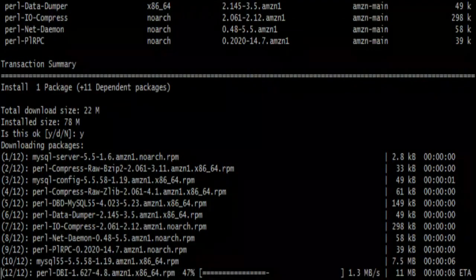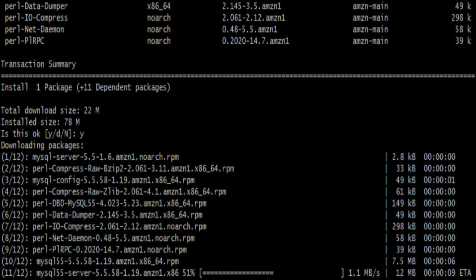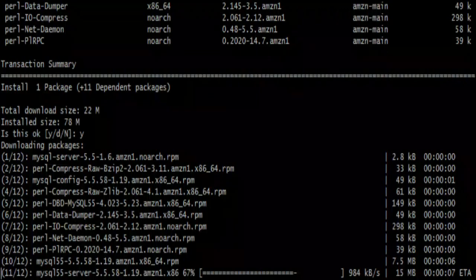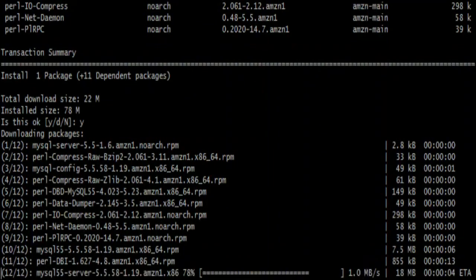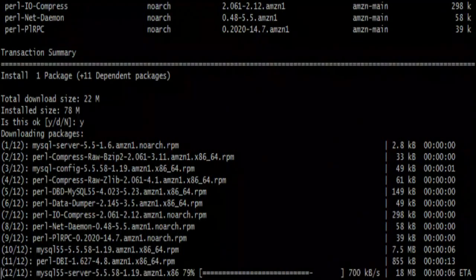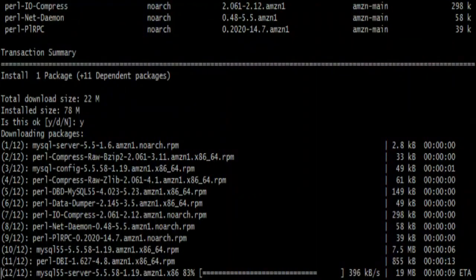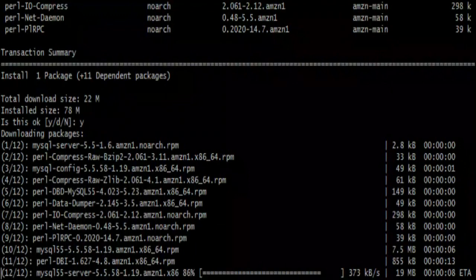So once this MySQL is installed, we need to start the service so that we are able to connect to the MySQL database, and after that we'll create one database named blog, or you can name it anything.